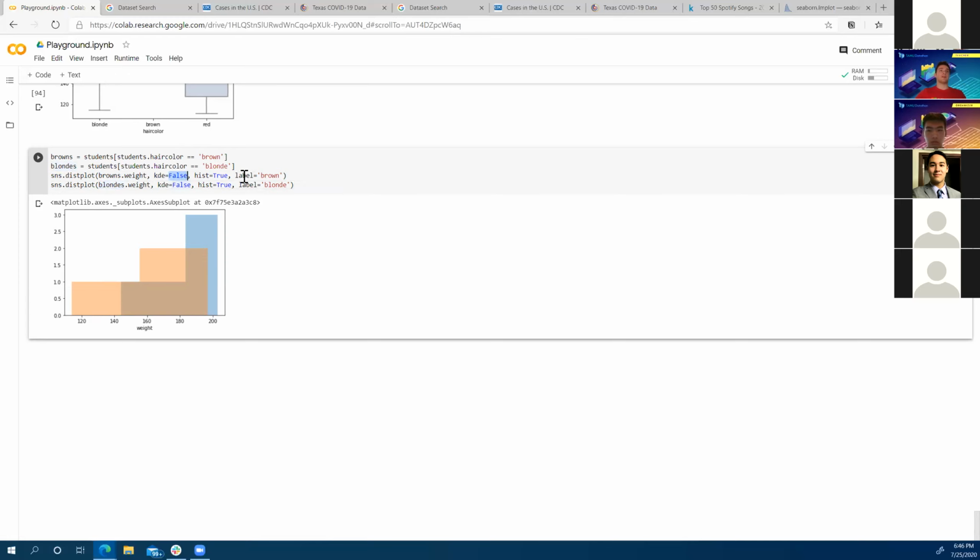If you wanted the regular normalization, I'm forgetting the name, I'm totally blanking. But if you want this plot, you can say KDE equals true. If you don't want the histogram, you'd set hist to false. And this is a cool way to compare the distribution of two different variables on top of each other, if you wanted to do that.